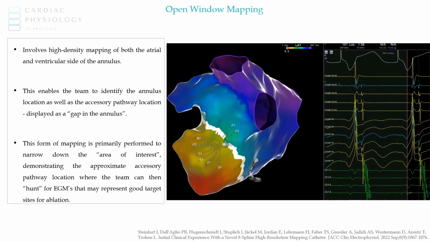So you find that gap in the mitral annulus or tricuspid annulus and say, okay, this looks like where we have conduction through the annulus, so this must be where the accessory pathway is. Then you can start looking at the individual data points and individual signals and see if you have those positive predictors of success, like your AV or VA fusion with your accessory pathway potentially, and an early atrial or ventricular electrogram compared